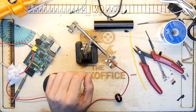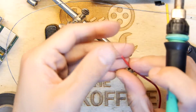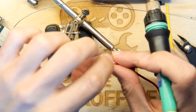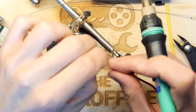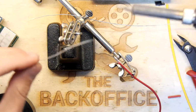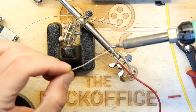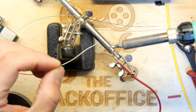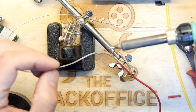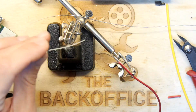Right, I'm applying solder here, and you can't quite probably see what I'm doing. It's going to be awkward to even show you, but I'm just holding the soldering iron on these threads, and the idea is to try to burn off the varnish. So I'm holding the soldering iron on. There is an insulation as well, and then there's varnished cable, so I'm just holding it on, and you'll see the varnish basically bubble. If you're lucky, you'll see the varnish bubble when you're doing it at home, and eventually